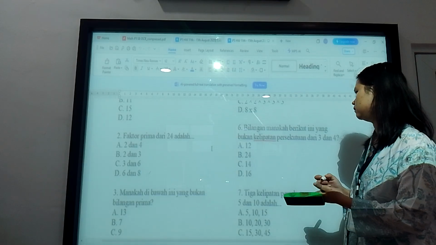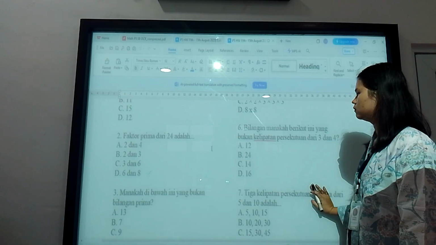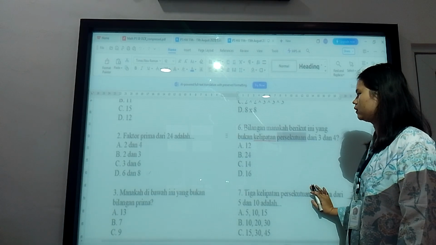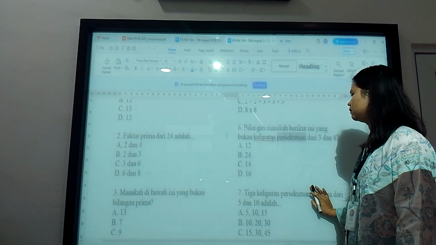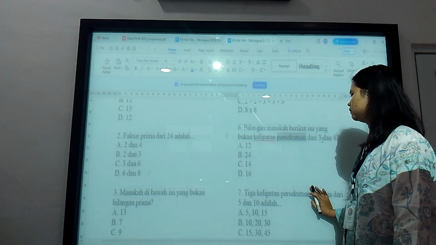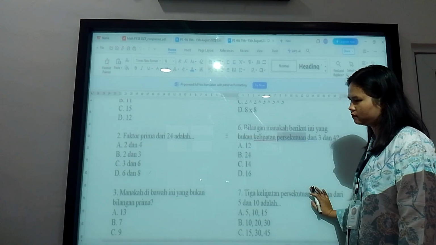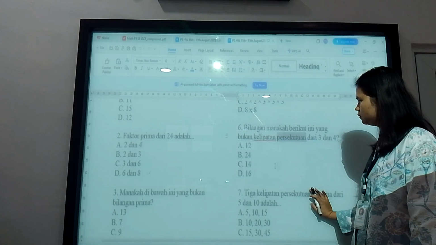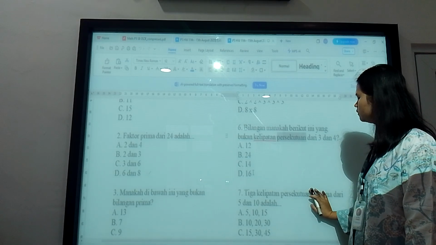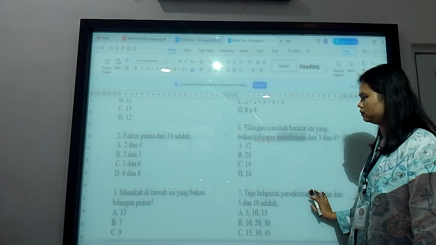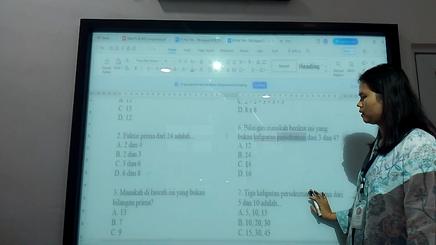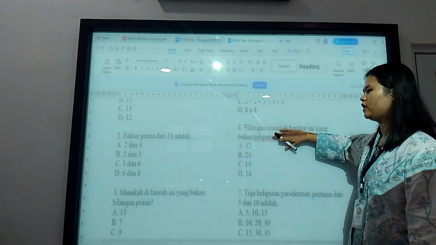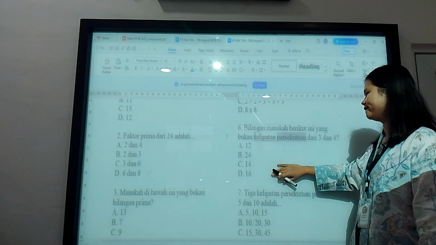Bilangan manakah? Oke, kita punya kesalahpahaman konsep di sini. Persekutuan artinya kombinasi dari dua bilangan. Jadi kalau kita bilang bilangan manakah berikut ini yang bukan kelipatan persekutuan dari 3 dan 4, artinya dia bukan kelipatan 3 dan bukan kelipatan 4. 16 ini adalah kelipatan 4. Jadi harusnya jawabannya bisa 14, bisa 16, karena 16 ini bukan kelipatan persekutuan antara 3 dan 4. Harusnya persekutuannya dihapus. Iya, itu bisa masuk akal.